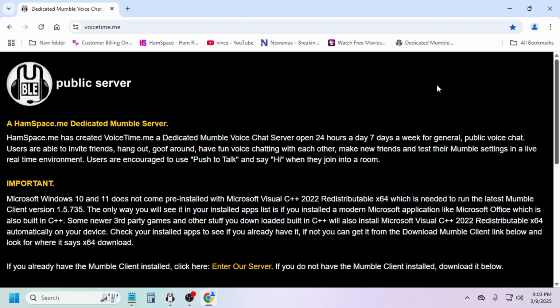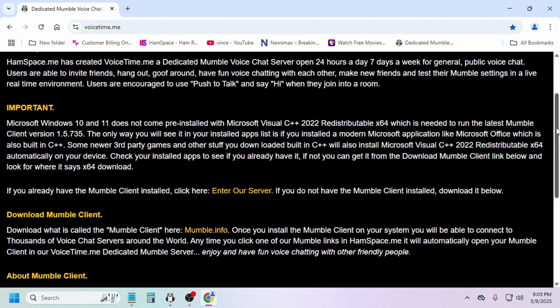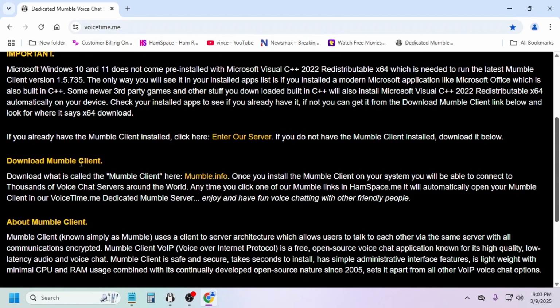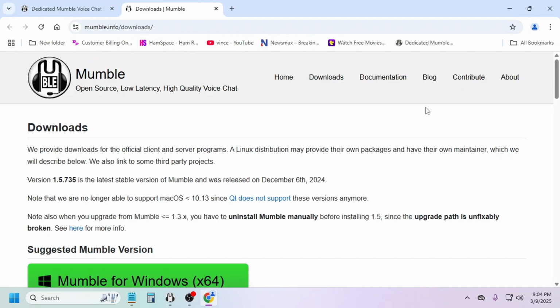So it's free to use, and what we're going to do is scroll down a little, and it says download Mumble client. I really like this mumble.info. They're an official Mumble website, and I like this one because it just makes more sense. So we're going to click on the Mumble info. It takes us to the Mumble info downloads on the official Mumble page. And we're going to scroll down,